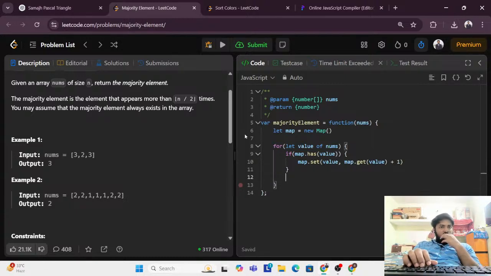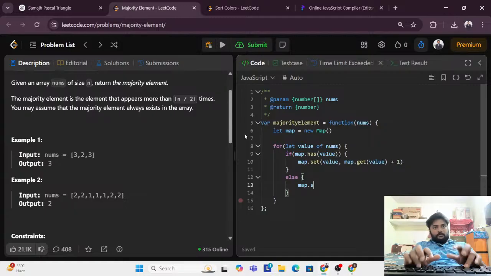And for the first time, let's say the map is empty and I need to put it, so I definitely have to have an else as well, right? So if the map is empty, we need the condition. If the map is empty, I need to put it, so that is what I'm doing: value comma, and the count is going to be 1. And now